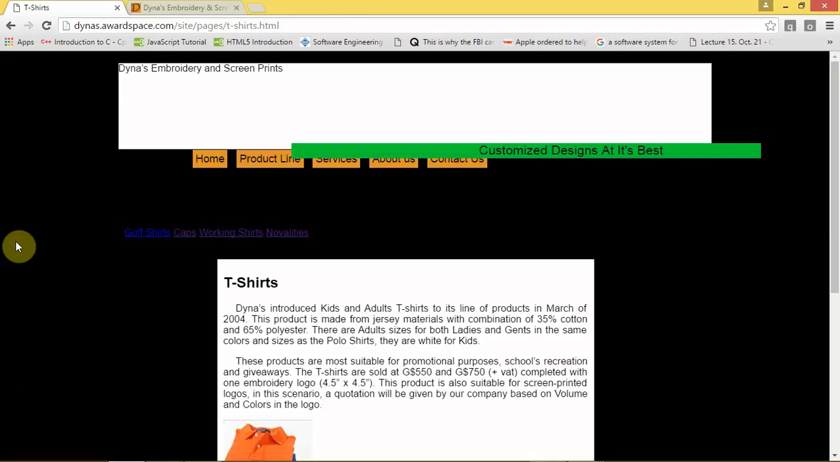So after examining and reviewing Dinah's embroidery and screen prints website, the researchers have come up with the following recommendations. With reference to the first listed web design heuristic violated, which was that the website's purpose is not clear, we came up with the following recommendations: the website should contain a well-designed page header bearing the organization's name or logo, and due to the nature of the organization, there should be images that depict the services rendered by the company. So let us go to our improved